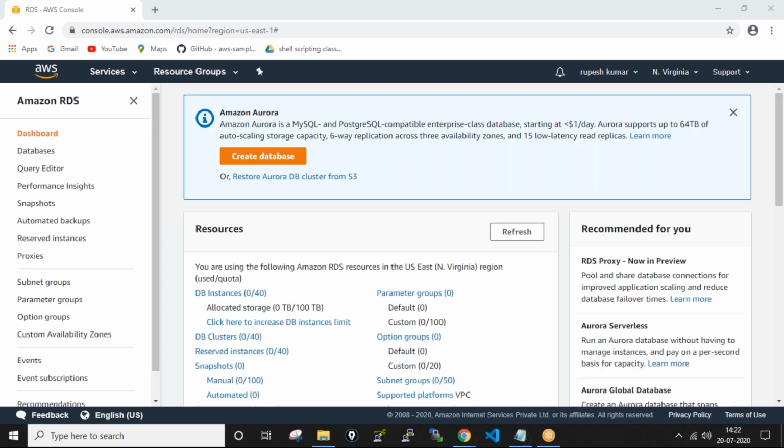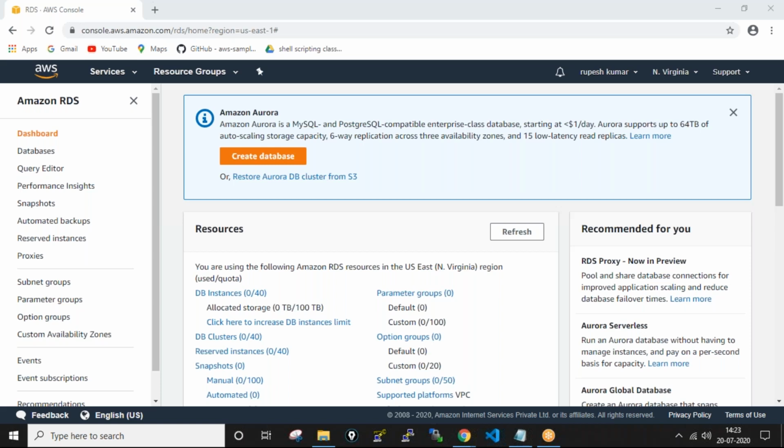So database console. So this is RDS console. Previously we have worked on EC2 console, VPC console, and S3 console. So now we are moving with the RDS console, which is used to create a database, and we need to connect that database from front end. So we need to create a server, and from that server to the database. So front end connection from server EC2 service, and back end connection from RDS console.